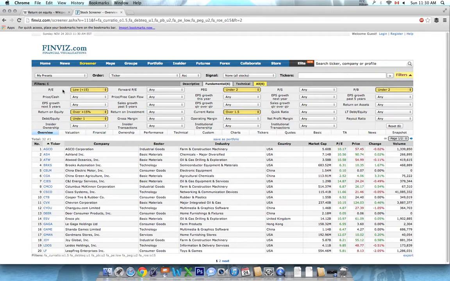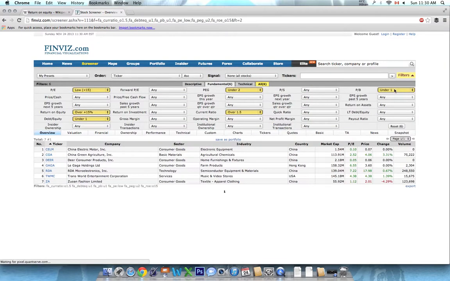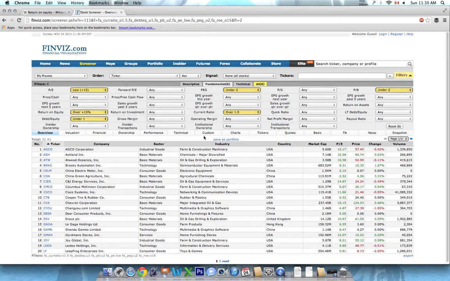Generally, I don't want to be paying too much for earnings, so I put a low PE. I don't want to be paying too much for future earnings growth, so that's under 2. And I put the price to book under 2. You can play with this a little bit if you want. You could even do under 1 and get this list here, but just for the sake of variety, we'll put it at under 2. Since we're being a little bit more generous on the price to book, I added a current ratio